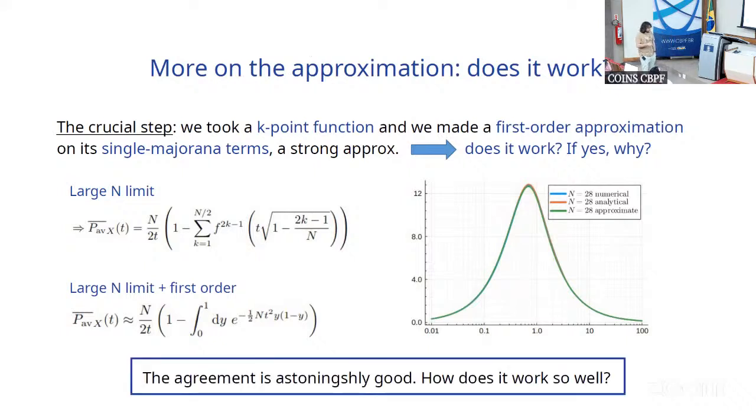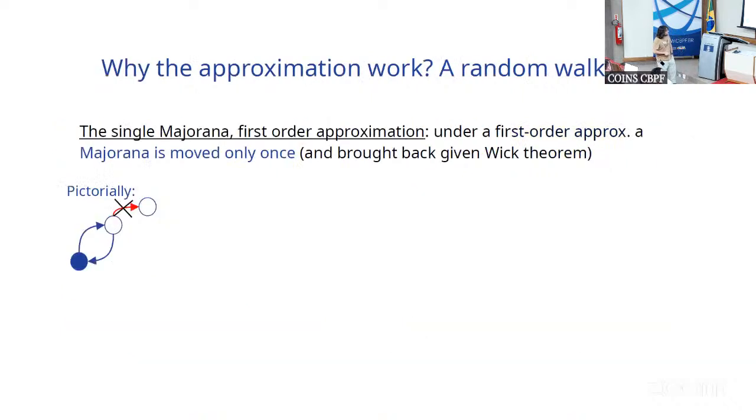So now in the last part, I'm going fast, so I think you can go to lunch earlier. So, to finish, I will present the motivation because when we saw this fantastic agreement, we really wanted to see why such a rude approximation was working so well. So now I'm going to motivate this. Okay, so why is the single Majorana first order approximation so fantastic when it works?